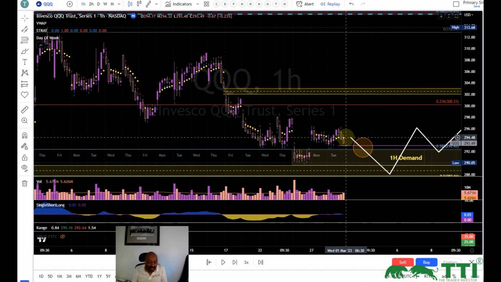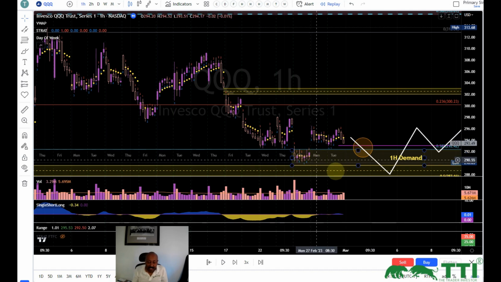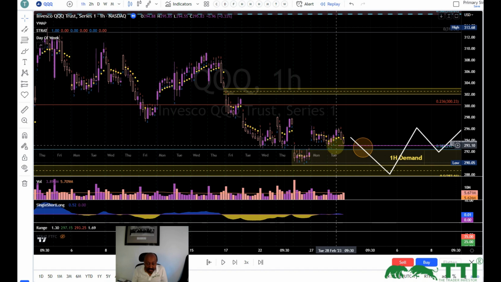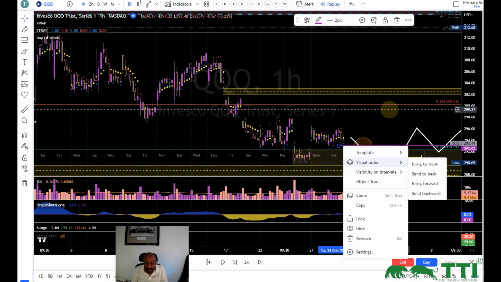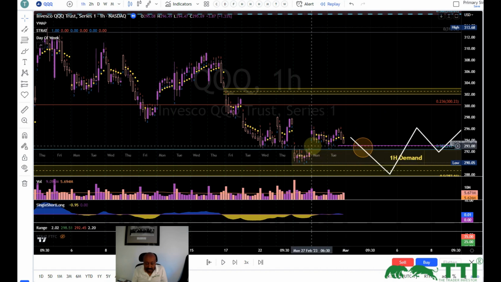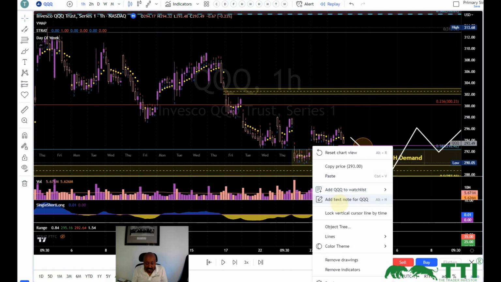And so as the day progresses, if you don't want to look at this chart, what you do is you come to this line and you set an alert. I don't want to do it that way. You come here and you